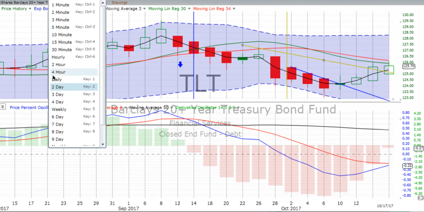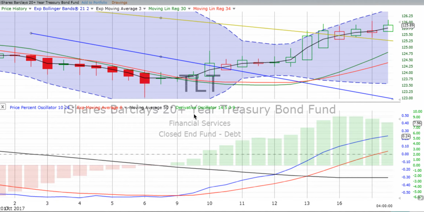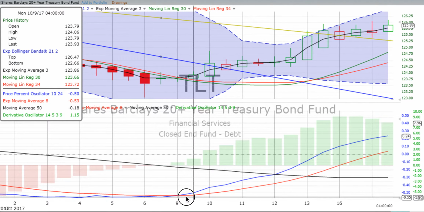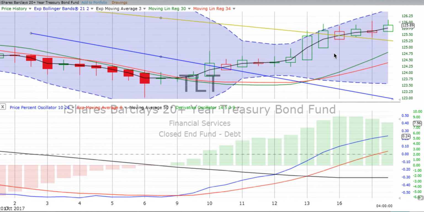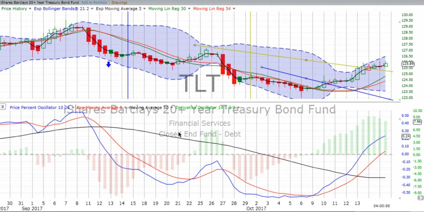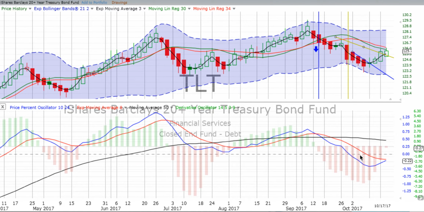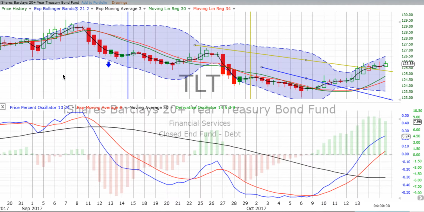So again, if you were paying attention and had been in a down trade, that ended all the way back when things crossed over going up on the afternoon of Monday, the 9th of October, and things have steadily moved up since then on that 4-hour chart on TLT. So we'll continue to see, again, if we do have that 2-day vertical crossover, of course, it'll mean that even if we do have a rotation over on the 4-hour chart, you don't have a jumping in point, but continue to keep your eye on that 4-hour chart on TLT.